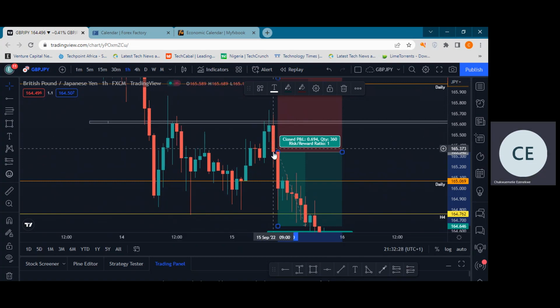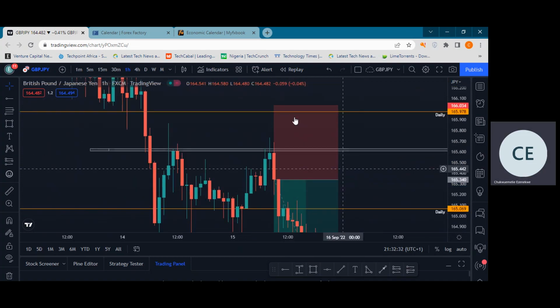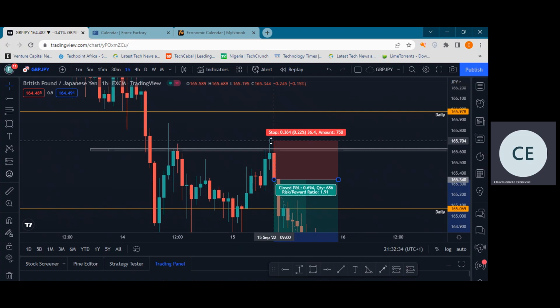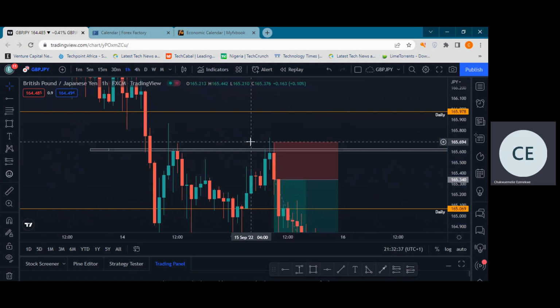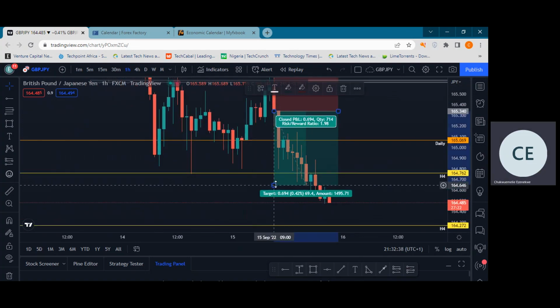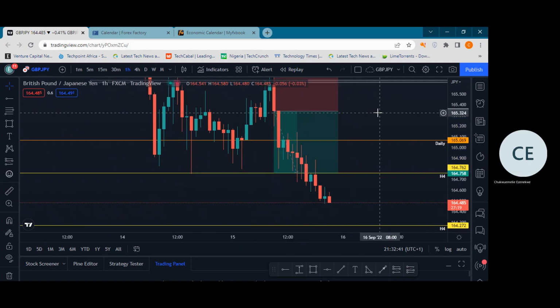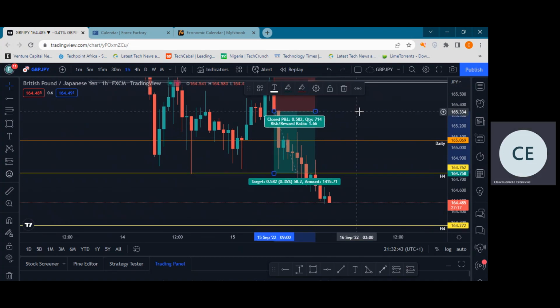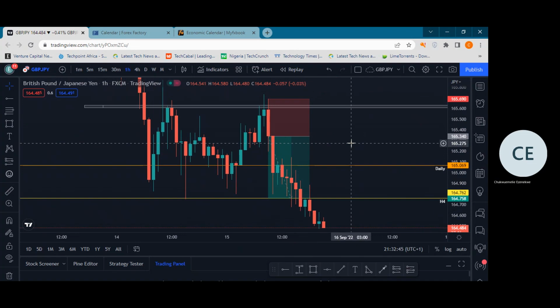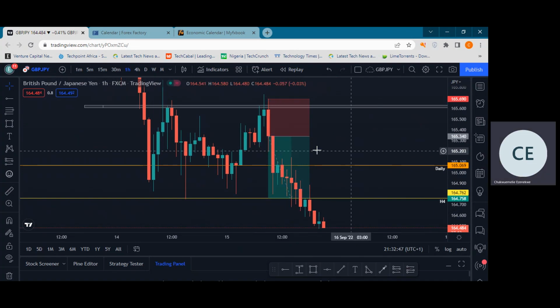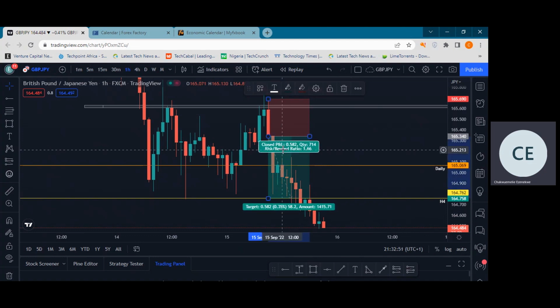So assuming this candle had closed, an entry may have been taking a short here, because this was weak bullish, showing us that this bullish trend was short-lived, and it closed weak bullish at a resistance. The next candle then closed strong bearish to tell us that there was a continuation, right? So you'd have entered the sell, put your stop above the previous 1 hour, expecting that it gets to here. This was like a 1:6.6 trade, right? This was the only trade that could have been taken today on the 1 hour.